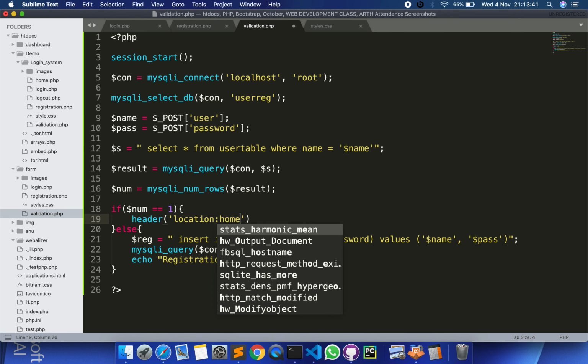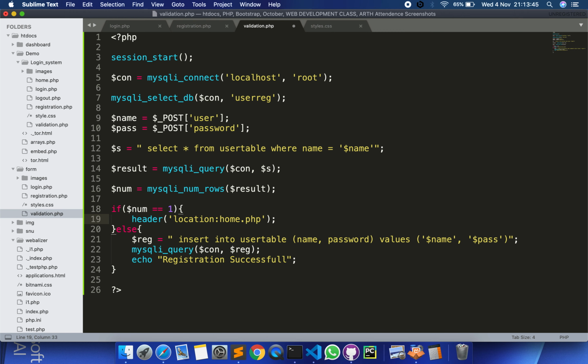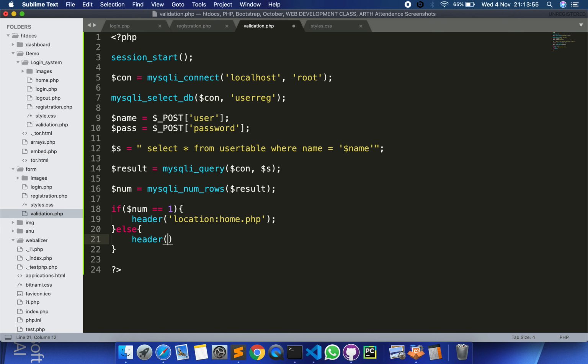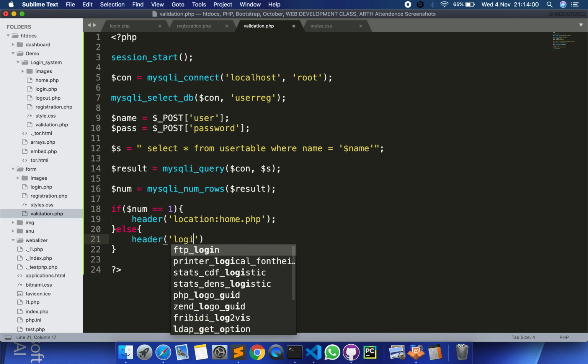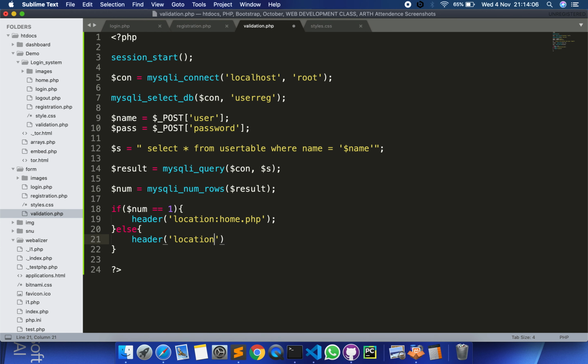If the login is successful, we need to redirect the user to home.php, and if not, we need to redirect the user again back to login.php.